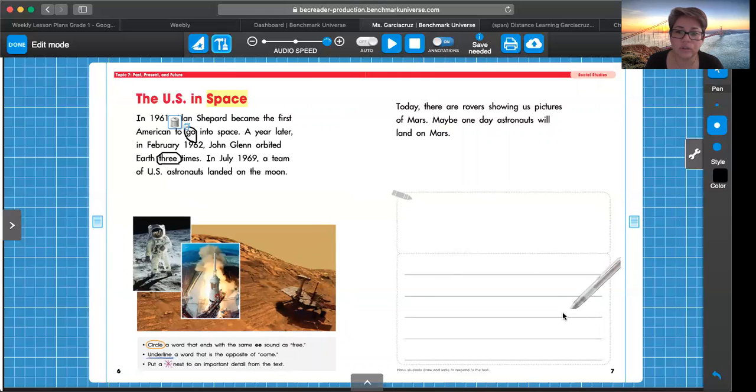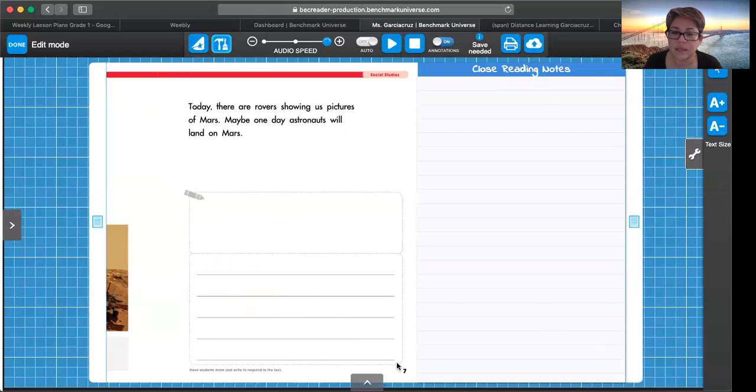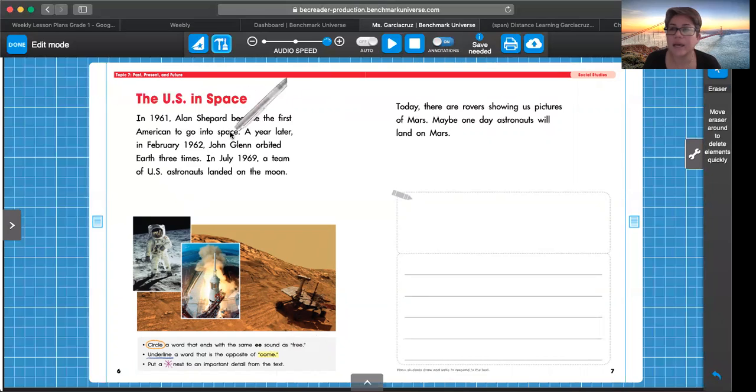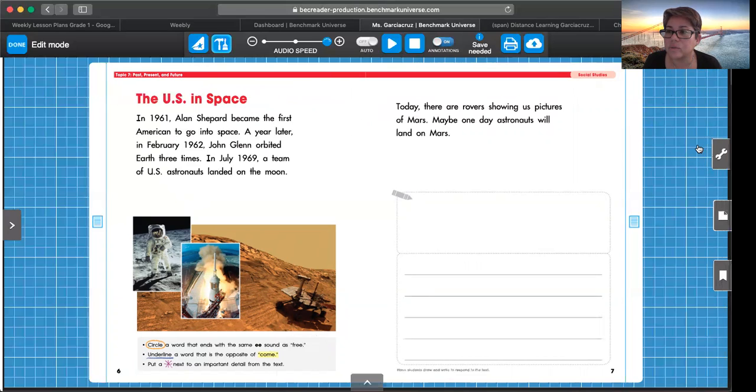Put a star next to an important detail from the text. Now this is your choice. You can choose any important detail. Don't worry about that. All right. So now that we have done those 3 items, I'm going to go ahead and erase it for now. And I'm going to